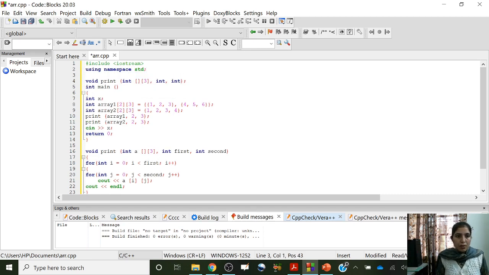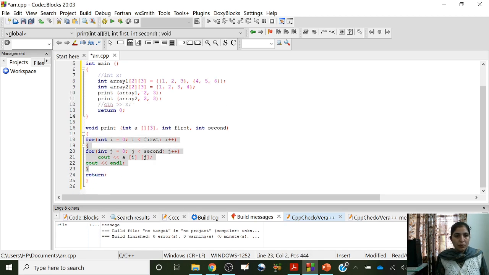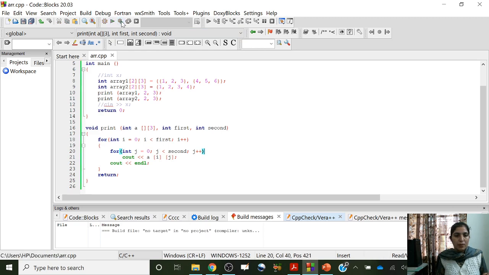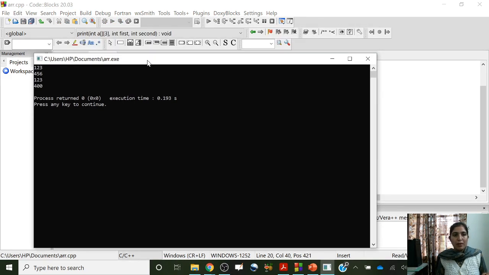Okay, so we are ready to run it. Let me remove this statement. So it is giving us 1, 2, 3, 4, 5, 6 for array 1. But for array 2, what is happening?